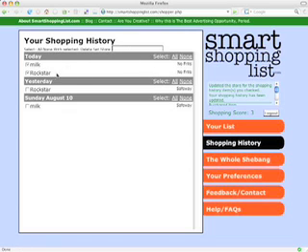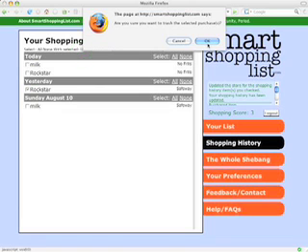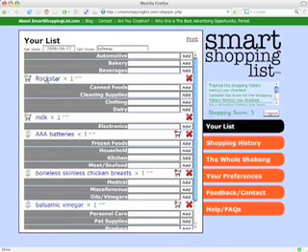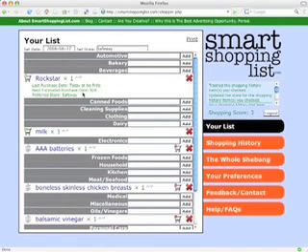And maybe yesterday I didn't actually buy any Rockstar, so if I check that item and click the delete button and then confirm, it'll remove that purchase from your shopping history. And when you go back to your list and look at the history of Rockstar, you can see that it's been changed to purchase today at No Frills, but it can't estimate the next purchase date because I've only bought